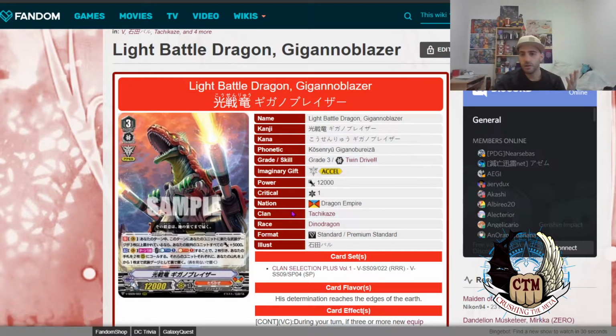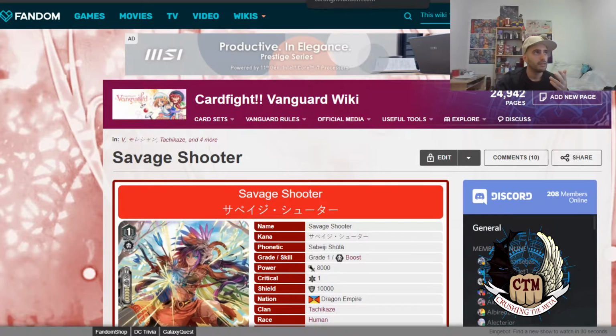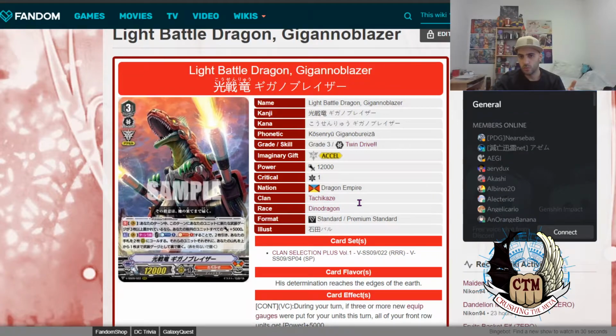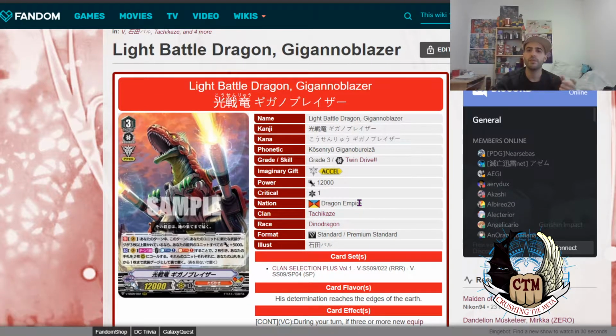So let's talk about his ability, let's talk about the support grade 1 and grade 2, and let's see if this is good enough for Tachikaze, at least for the Tachikaze player to still pick the clan up, because I know some Tachikaze players and they don't really play the clan anymore. So, alright. So we have Light Battle Dragon